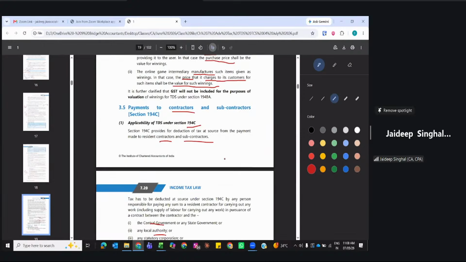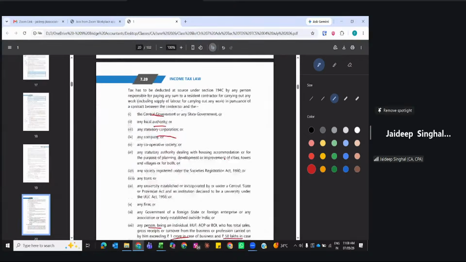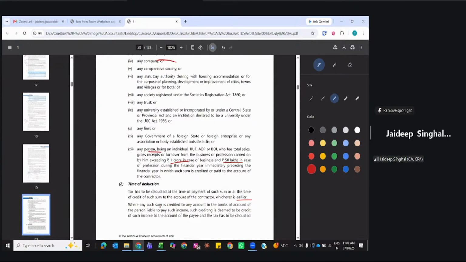Then payment to contractor and subcontractor, 194C. 194C says, if you are making payment to the contractor or subcontractor, then TDS has to be deducted, right? We will pay to the contractor. Now, if the payer is an individual or HUF, it applies if it exceeds 1 crore or 50